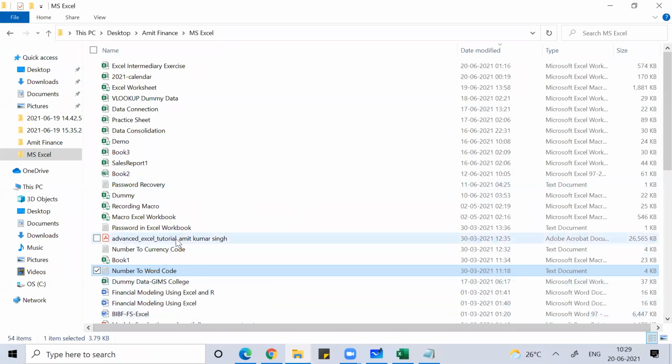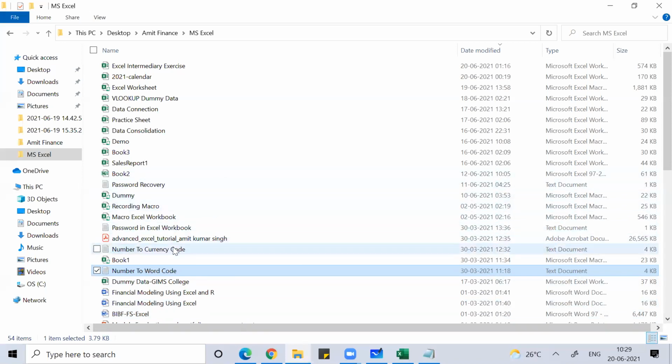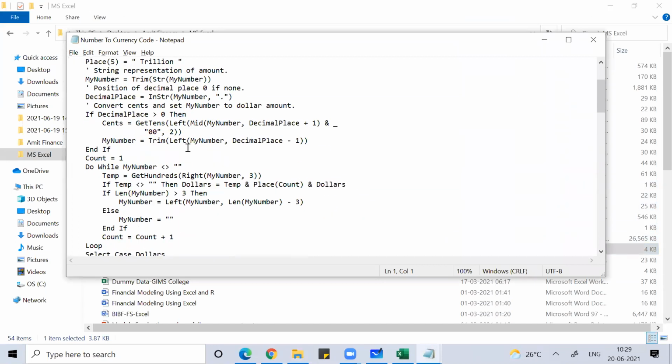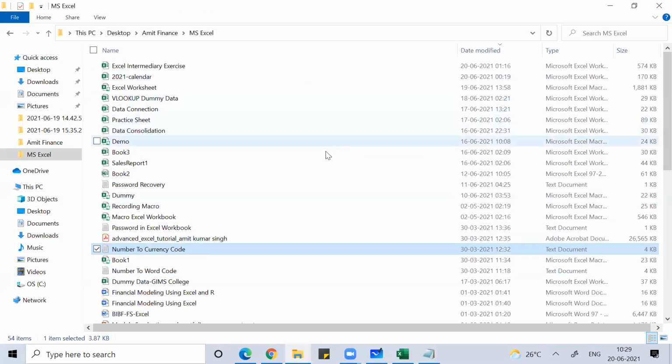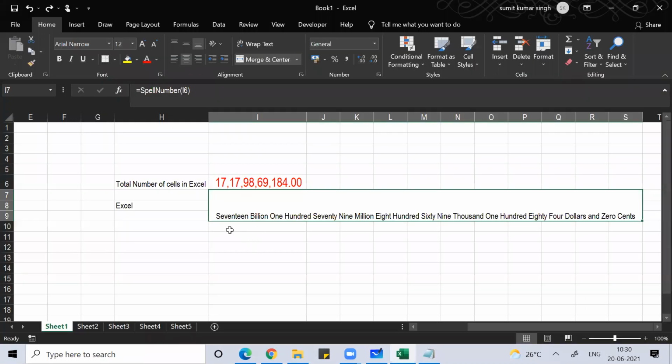For that, what is the number to word code? This is the spell currency code, with trillions and all. Then there would be the number to currency code. This is dim dollar trillion, the same thing is there. So probably we can remove this. It should be 17,179,869,184 and 0.